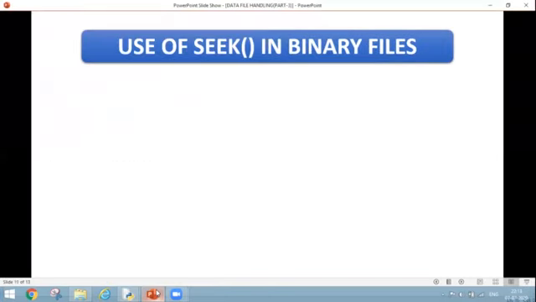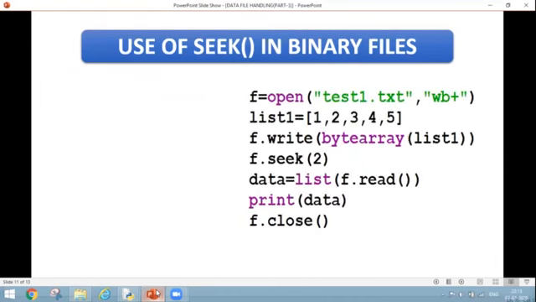So next is the use of seek in binary files. As I showed you just now, this is my program, and with the help of this statement f.seek of 2, here I have not passed 0, I have placed 2. That means if I'm passing only one parameter, that parameter is my offset. It is not whence. This is offset.